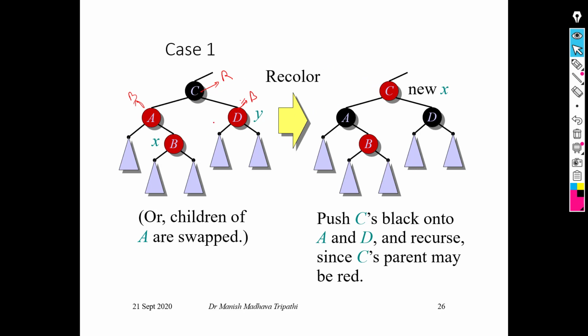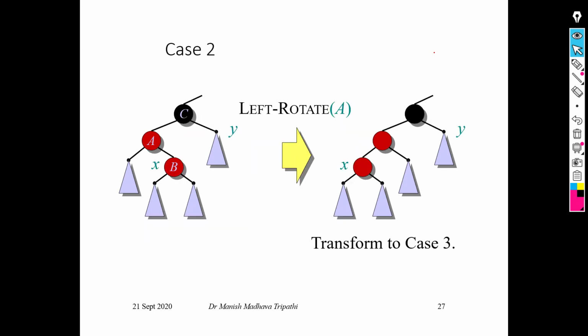Okay, so after doing these two things, that means uncle and parent black and grandparent red, the control will be shifted to the grandparent. That means the new X will be here because we have made some changes here. Therefore there can be a problem at this point also. So it will be treated as the new X and we can apply the cases accordingly and solve the problem at this junction also. This is case number 1.